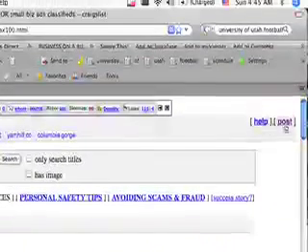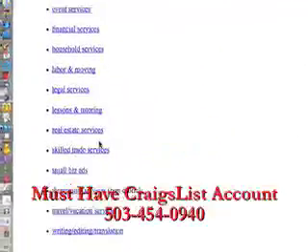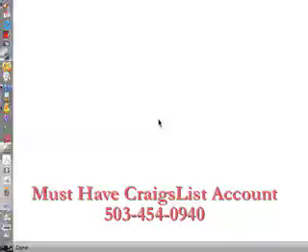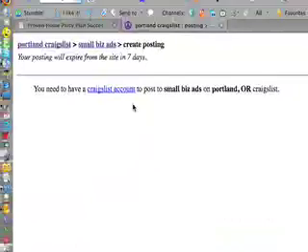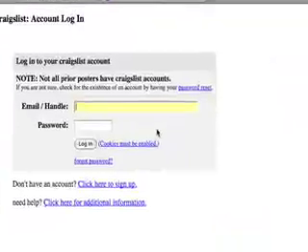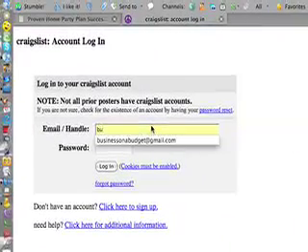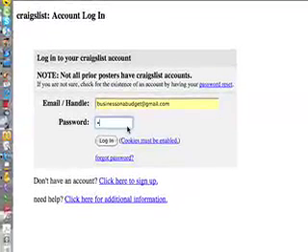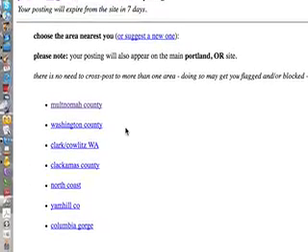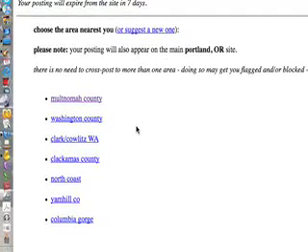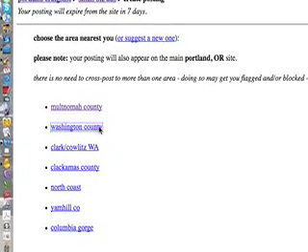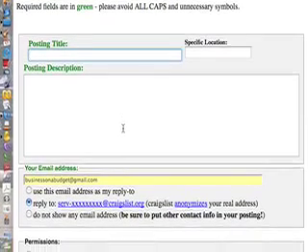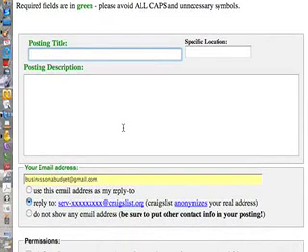You must have a CraigsList account to be able to do so. Generally, people are going to post in the small biz sections. You need to have an account, so I need to log into my account, and I do so right there. I just happen to live in Portland, so I'm going to post my ad in this case, for example, in Washington County. Now, for my ad, I'm thinking I want to target Arbonne